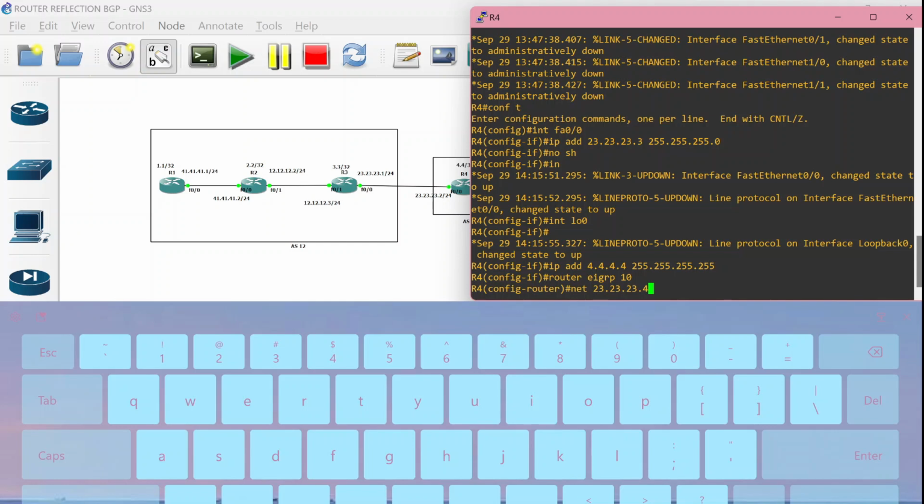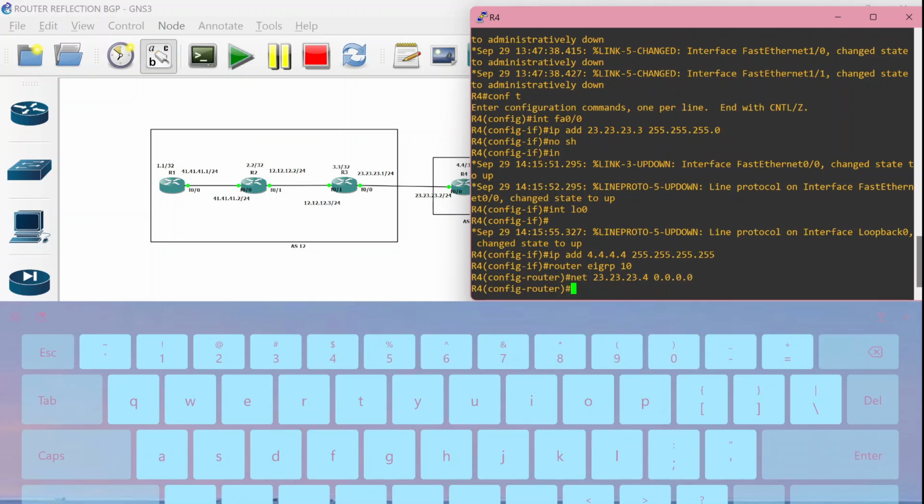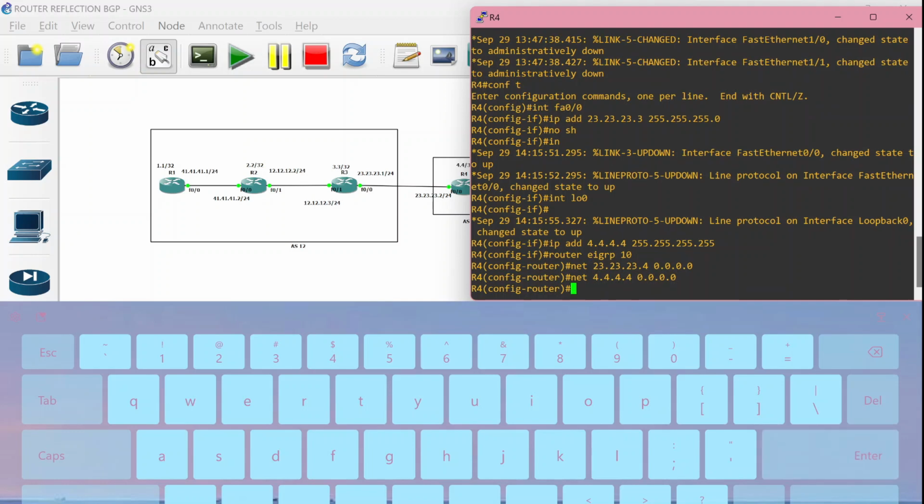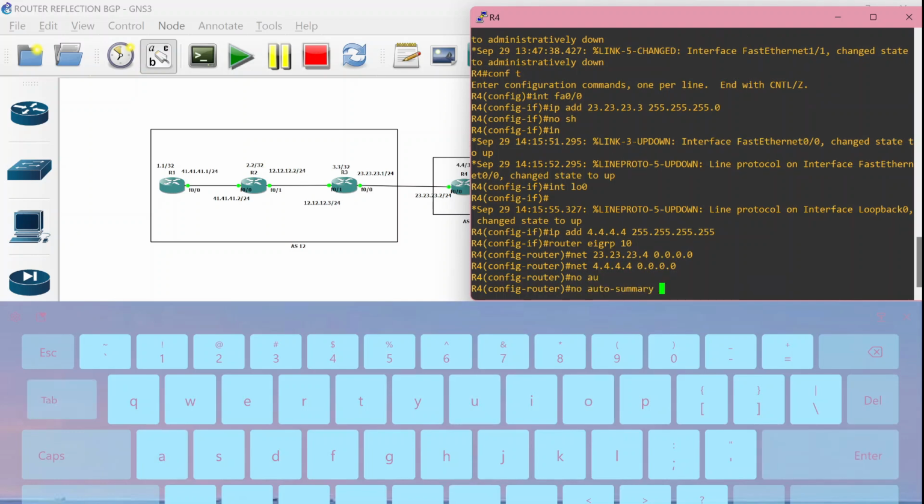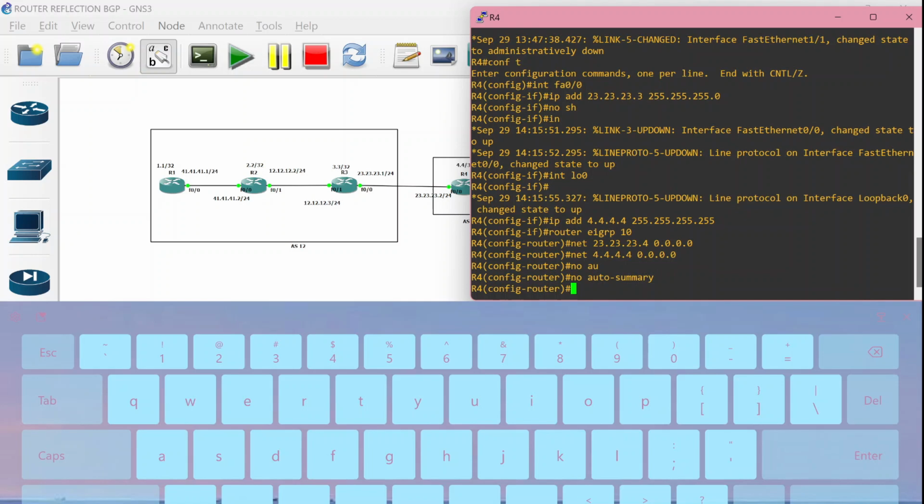And don't forget to enter your interface loopback in this router. In this router the network is 4.4 because this is router number 4, so I make the IP 4.4, same pattern as the other routers, and don't forget to no auto summary.